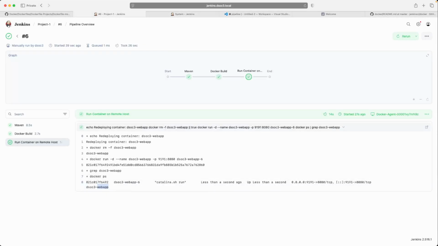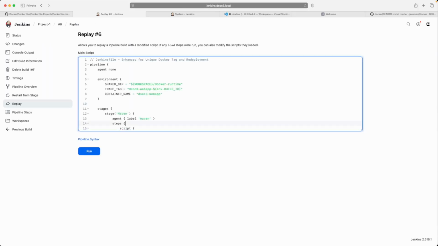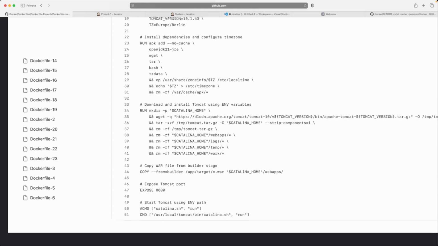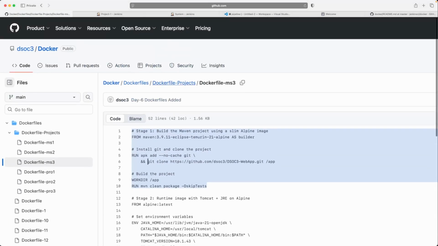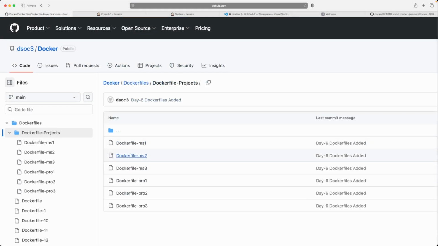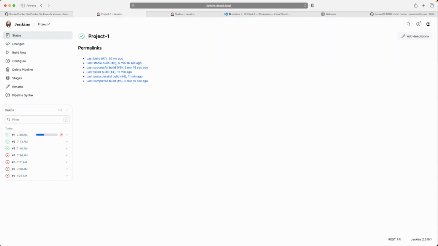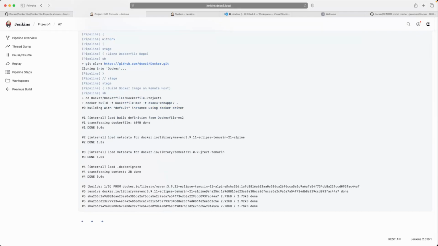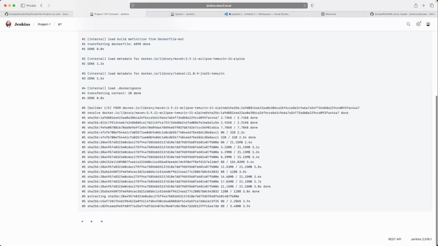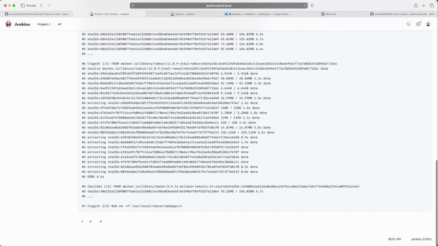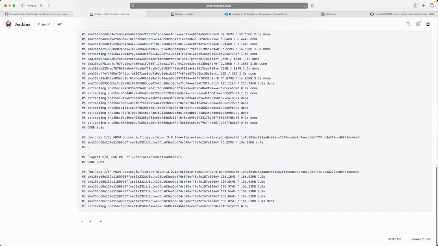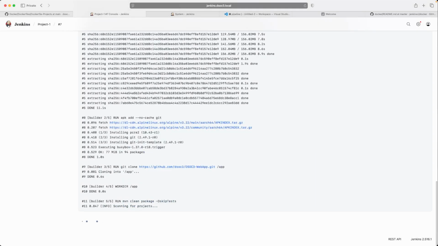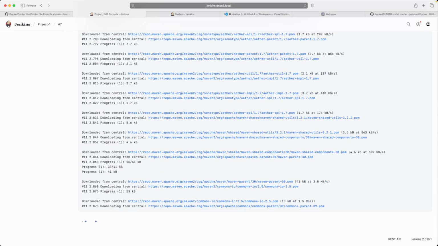Okay, let me rerun this, and you could do it for all of this. Multi-stage 1 2 3, project 1 2 3, all this. Just you have to try. All right, so it is building the Docker image. Okay, it's removing, then it's cloning, then it's a Maven stage,